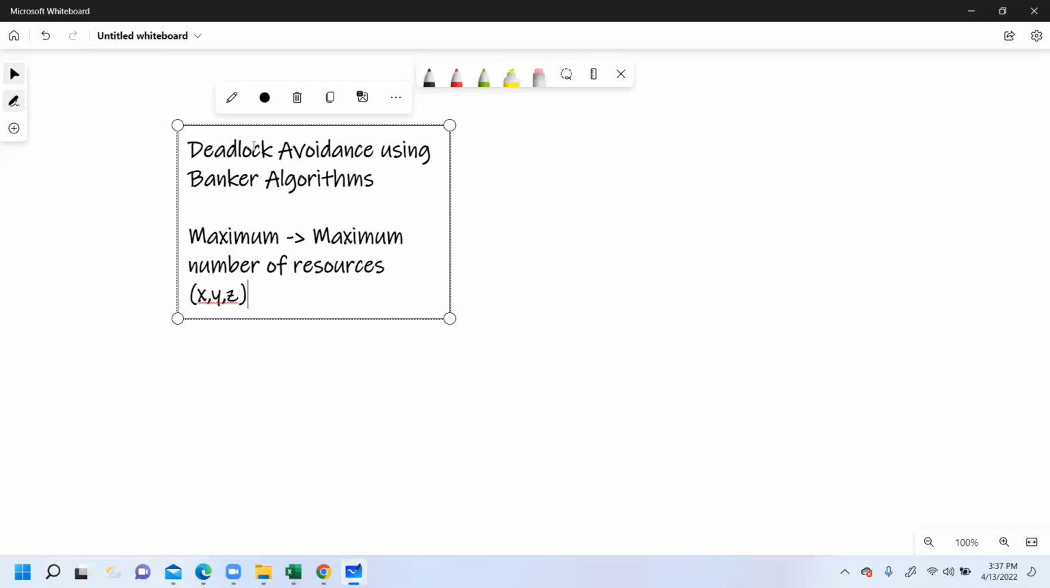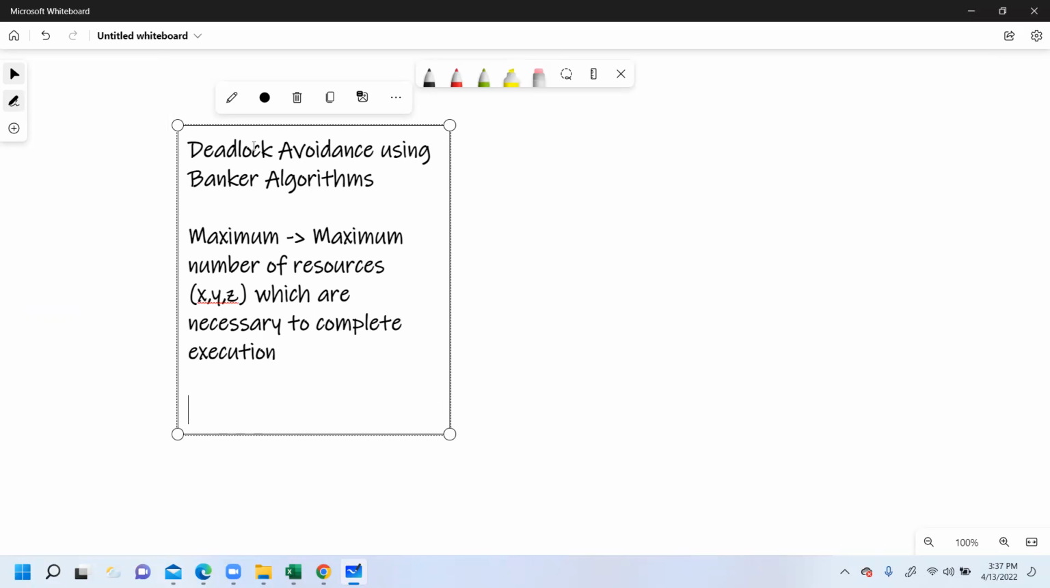I mean X, Y, Z, in this case 3 resources, which are necessary to complete execution. That is given already in the question. See, only I will tell you the problem. Allocation will tell you the number of resources, like in our case, let's say X, Y, Z. It can be more than that, right? It can be 10 resources, 20 resources, whatever. But X, Y, Z,